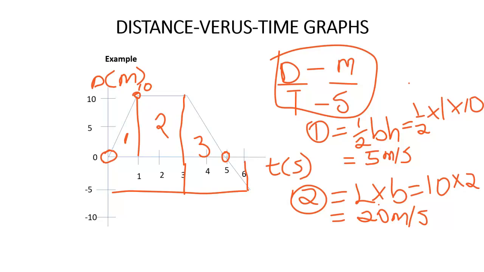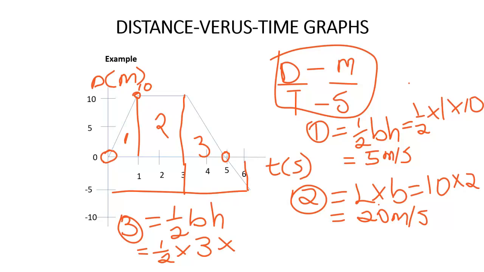Then the third segment, segment 3, that is here, is a triangle. So it will be half base times height. Now the base is from 3 seconds to 6 seconds. We subtract 3 from 6, we get 3 seconds. Then the height is from 10 meters to -5. So 10 plus -5 is 5. So 3 times 5 divided by 2 will give us